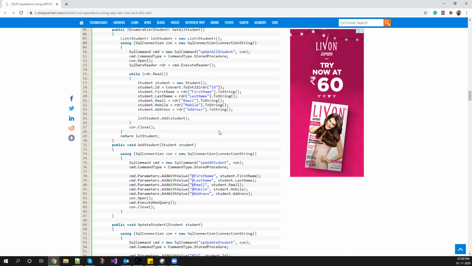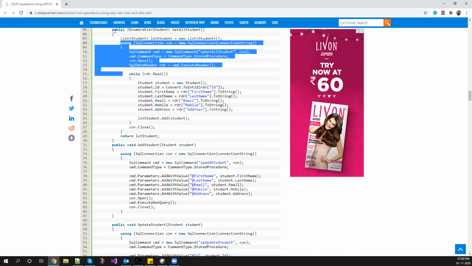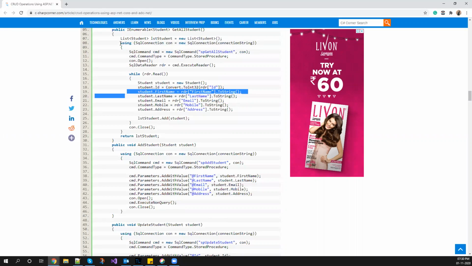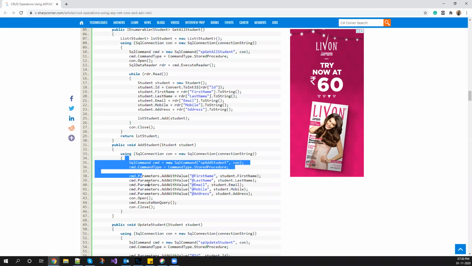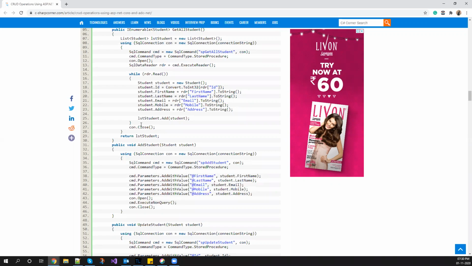And what I was telling earlier about multiple active result sets: let's say I did not use different functions, and I'm using the same SQL connection. Before closing the connection, I also want to perform this insert action just after this while loop finishes.